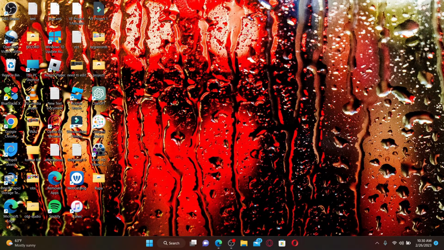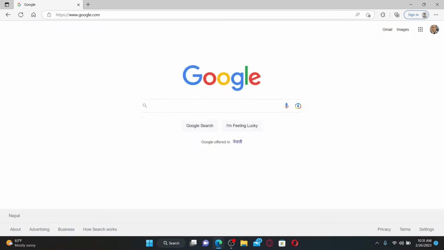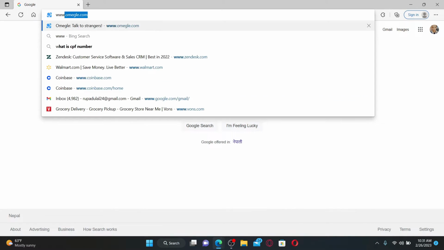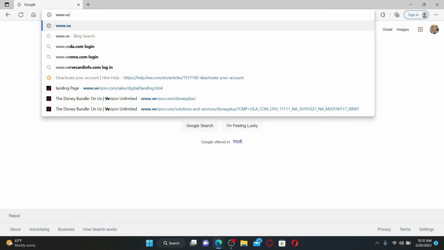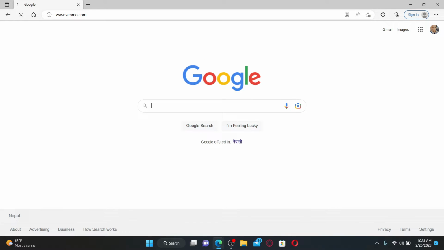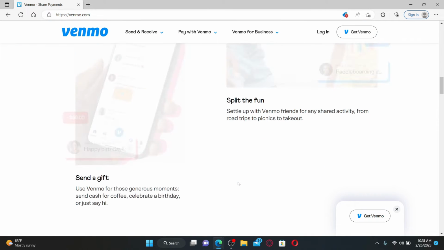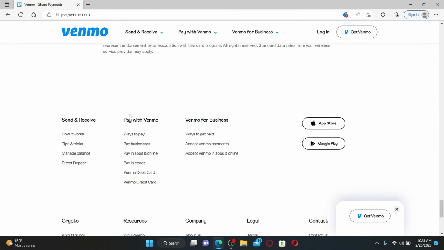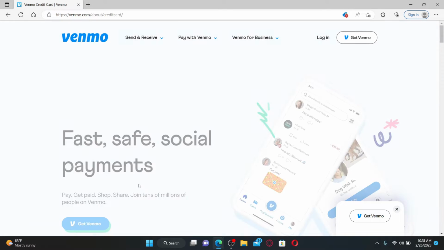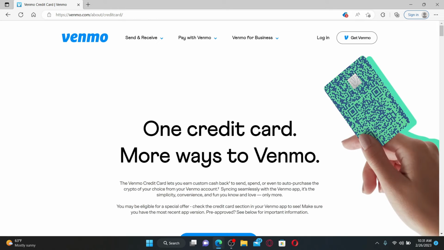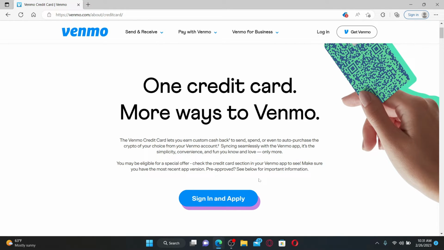To log into your Venmo credit card, first, make sure that you open up a web browser. In the web address bar, type in www.venmo.com and press enter on your keyboard. Once you end up in the official web page of Venmo, scroll all the way down the page, and under Pay with Venmo, you'll be able to see the Venmo credit card option. Give it a click in order to end up in this page from where you can access your credit card